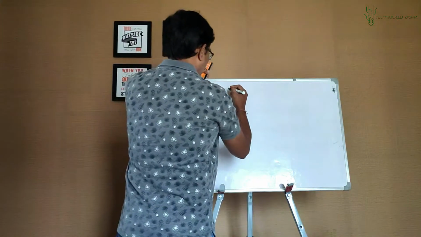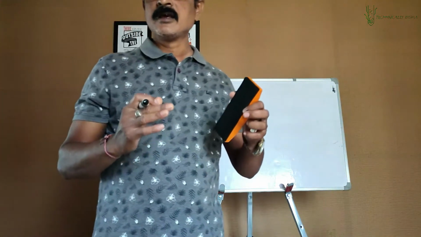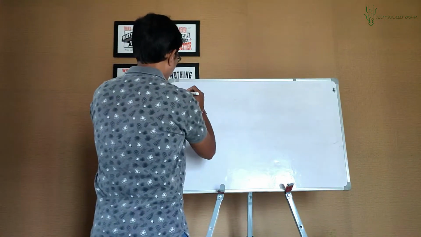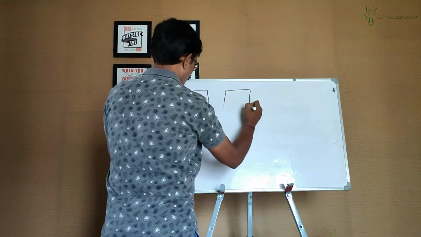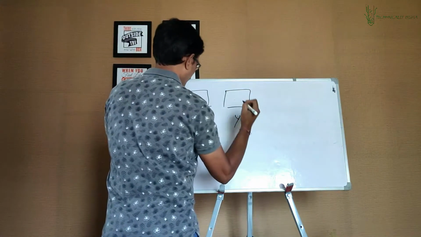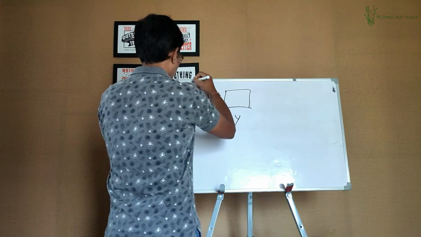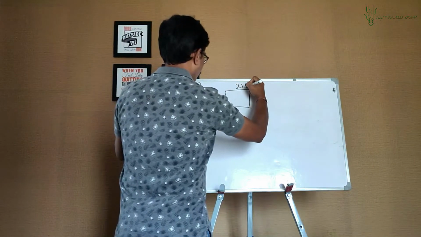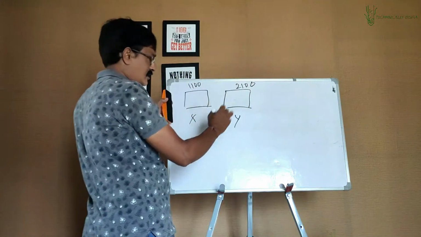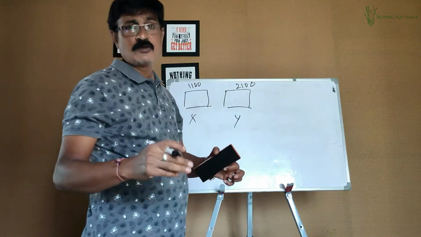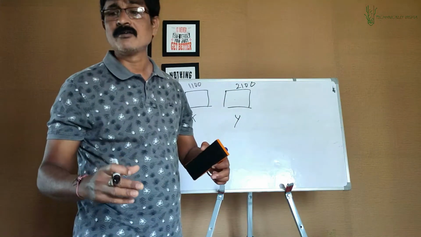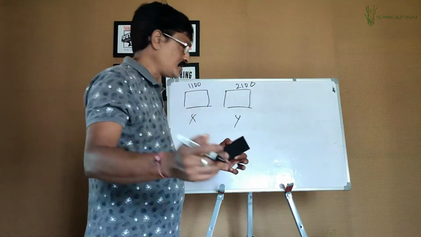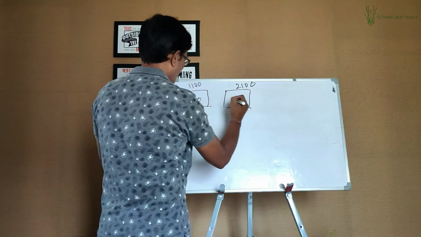You have those variables inside the program, x and y. So x and y belong to the main function. Let's say x is at location 1100, y is at location 2100. These are imaginary locations. x is having the value 100, y is having the value 200, assuming that is what input is given by the user. So x holds the value 100, y holds the value 200.